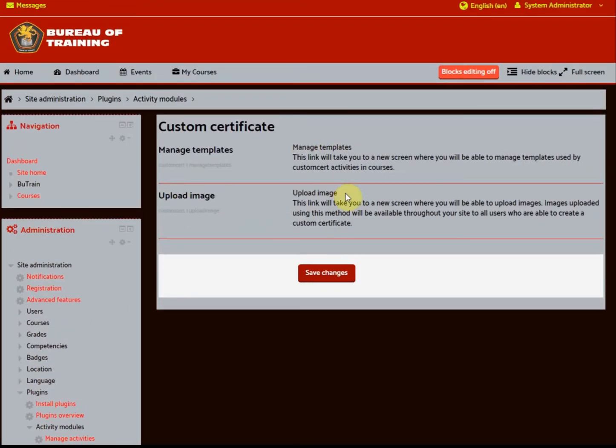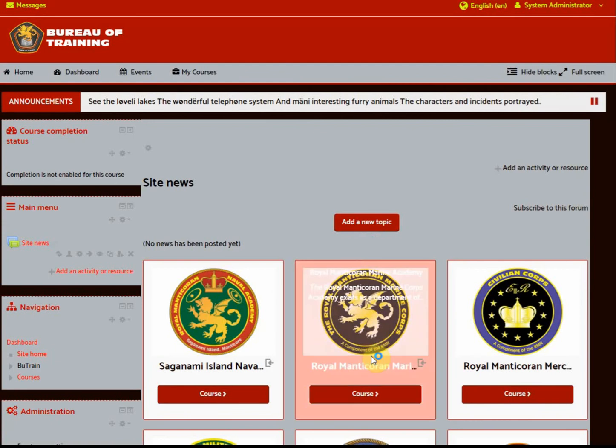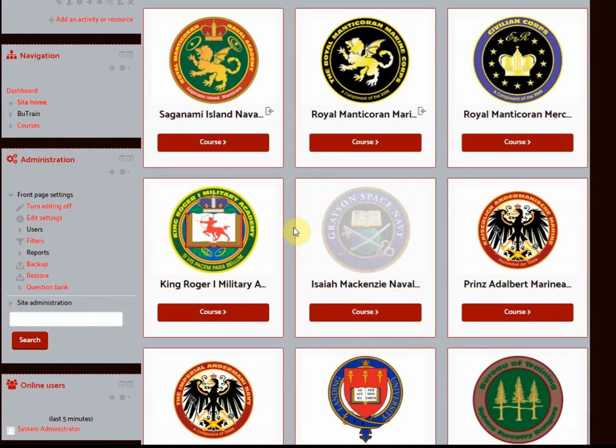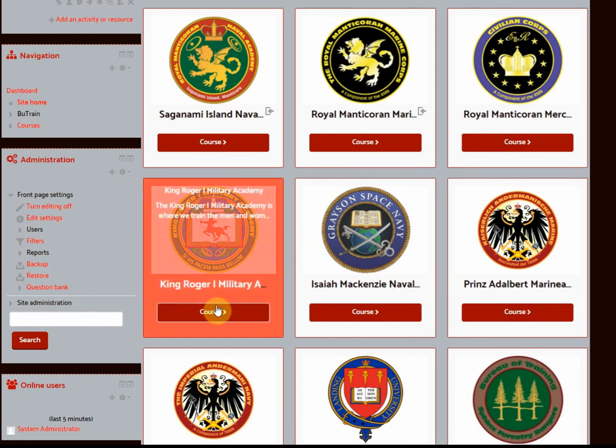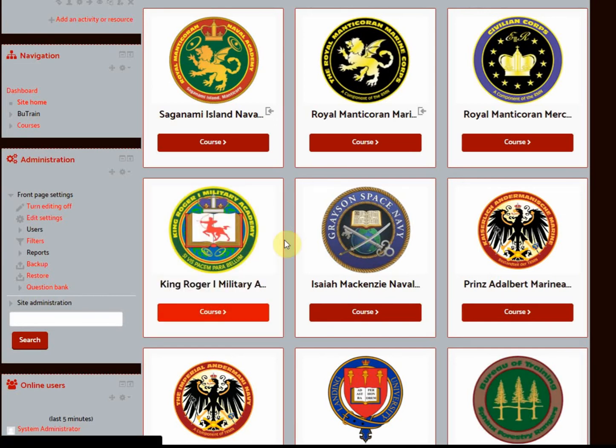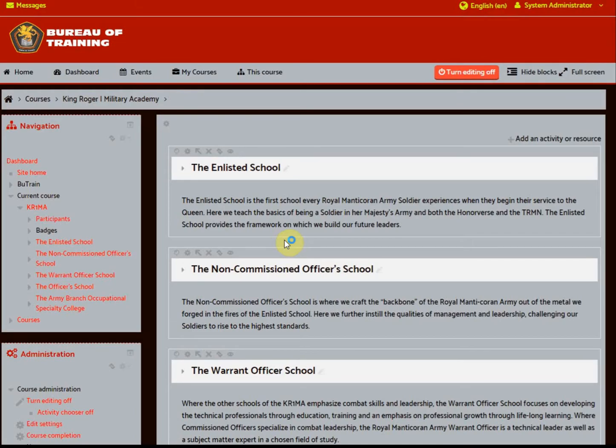So here's what it is. At some point in the future, I might do some kind of tutorial on managing the templates, but for right now, we're going to go to the site home and we're going to put a template into one of our courses. The templates that I have blanks for right now are Royal Manticoran Army, so we're going to put it into the King Roger I Military Academy. We're going to go to the enlisted school,